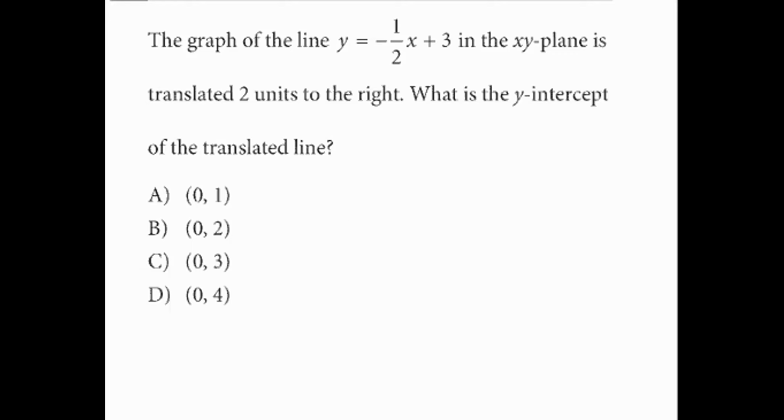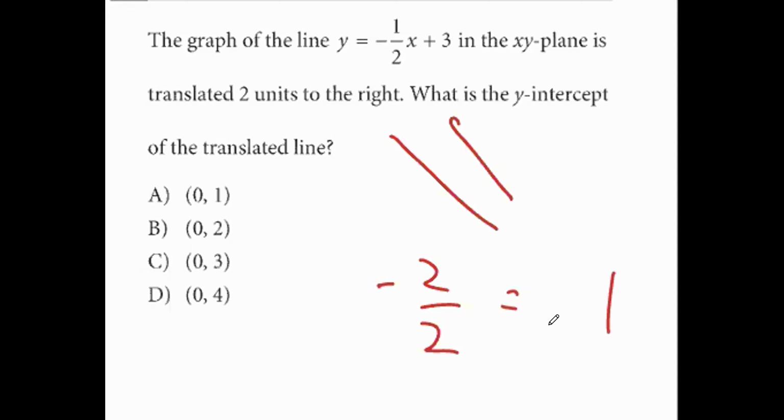Okay, so for this question, you have an equation, you translate it 2 units to the right, so you have some line like this, translated 2 units to the right. What is the y-intercept of the translated line? Well, x increased by 2, so we need to find how the y-intercept changed. You moved this right 2, so this would be negative 2 over 2, which would just be